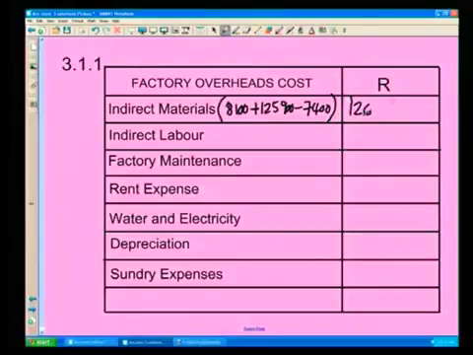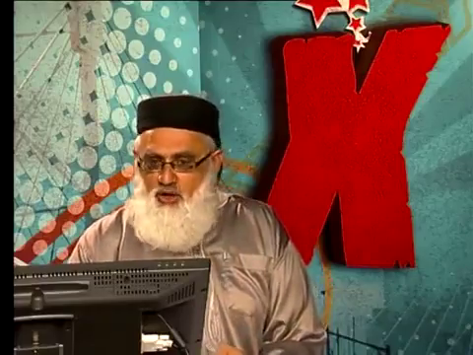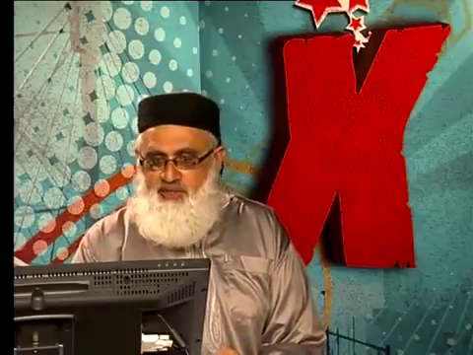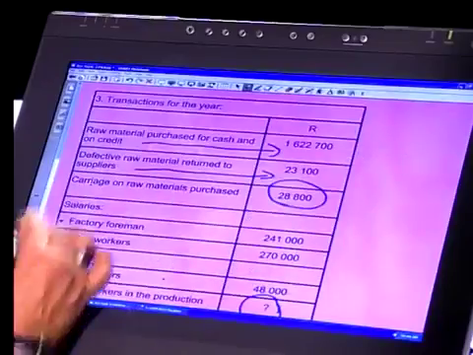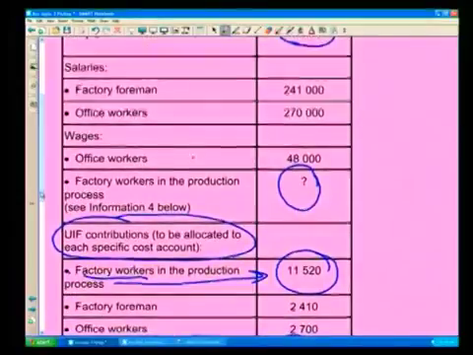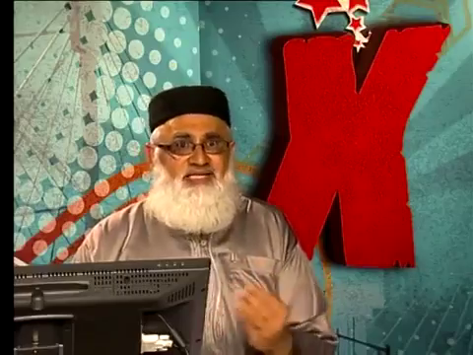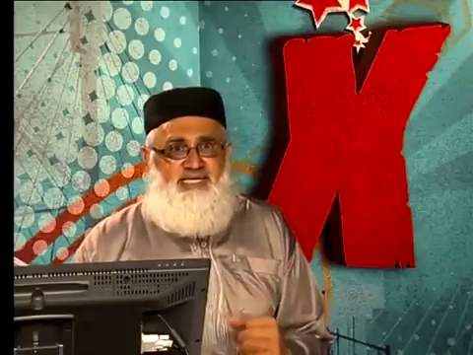All right, now what do I do? I add all of that up, 8,100 plus 125,900 minus 7,400, and this will give me a figure of 126,600. Got that? Okay. Next one, indirect labor. What do I know about indirect labor? Remember there was something that we spoke about earlier on? Let's see what we are told. We are told that